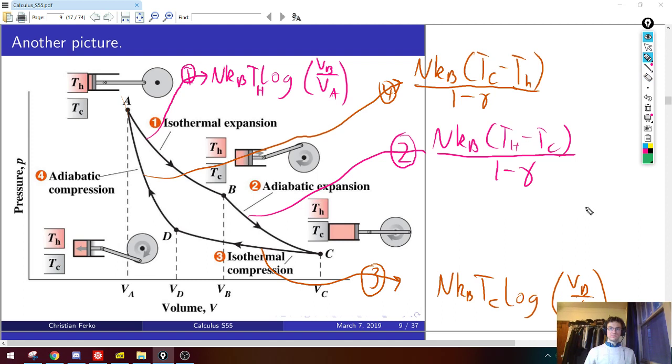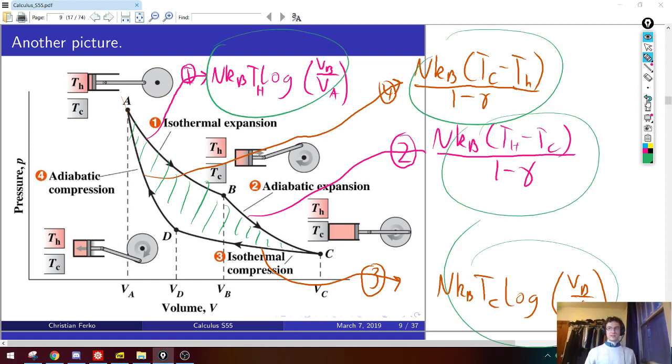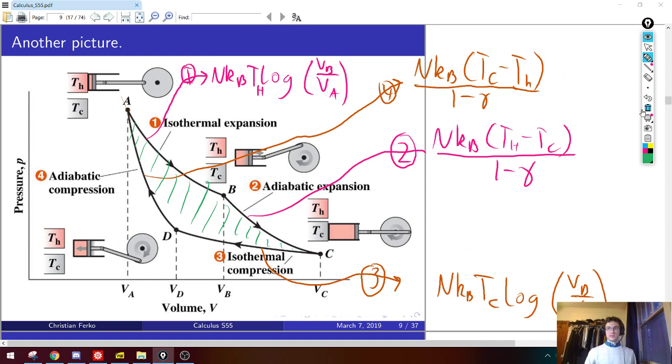I don't know what you're referring to. Okay, so we're trying to find the total work done in this entire cycle. So the area here, which means we want to add up the contributions along the 4 legs, 1, 2, 3, and 4. I claim 2 of those legs cancel. Which are they? Okay, each of these legs is the integral evaluated? Yeah, each of these 4 things, we already did the integrals, right? Let's see.